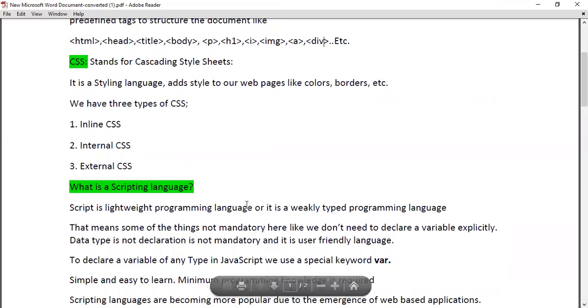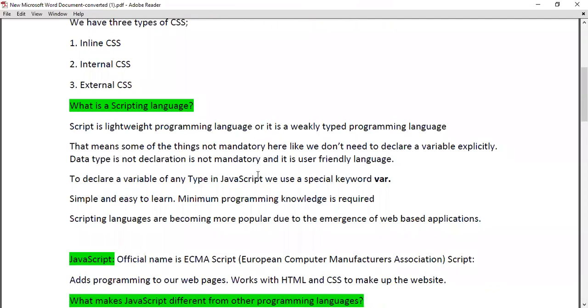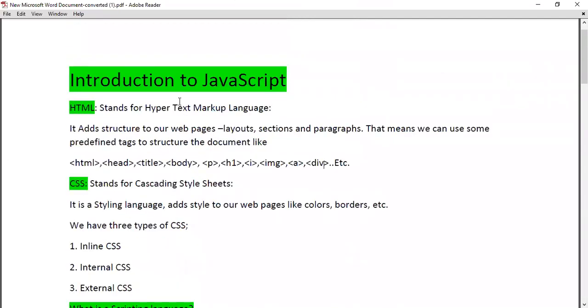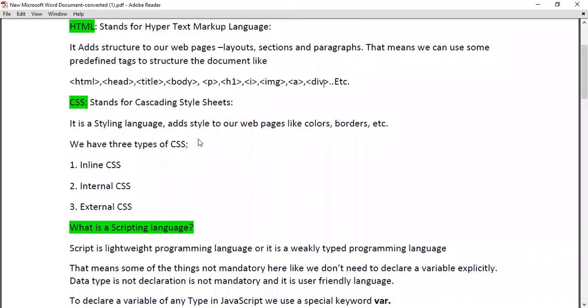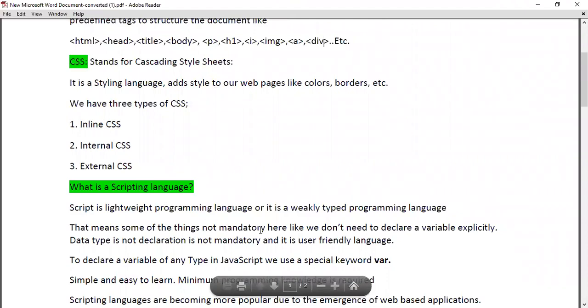Now, what is a scripting language? JavaScript is also a scripting language. Before going to JavaScript, first you should know what a scripting language is. A scripting language is nothing but a lightweight programming language, or a weakly typed programming language.